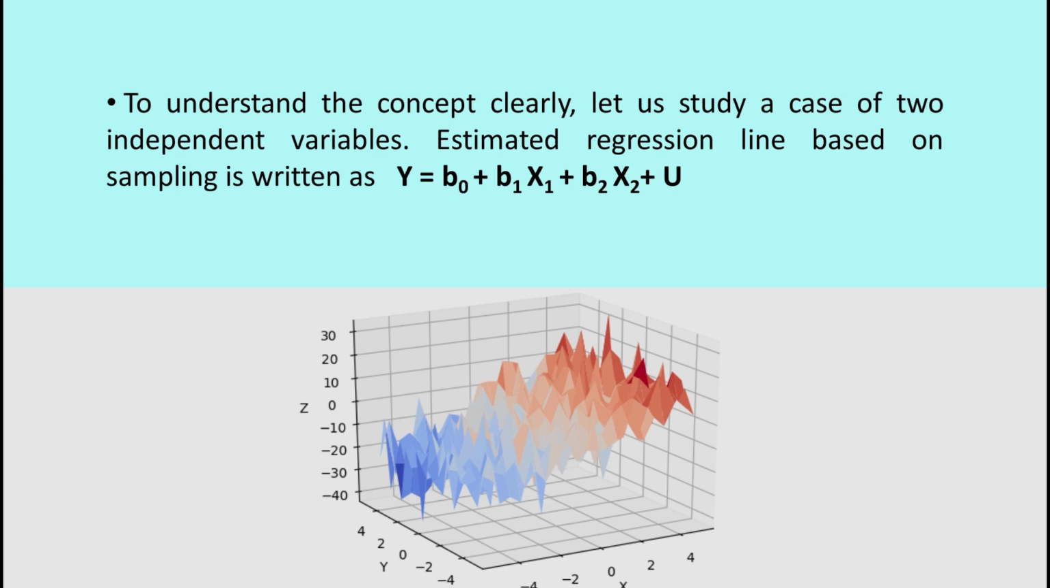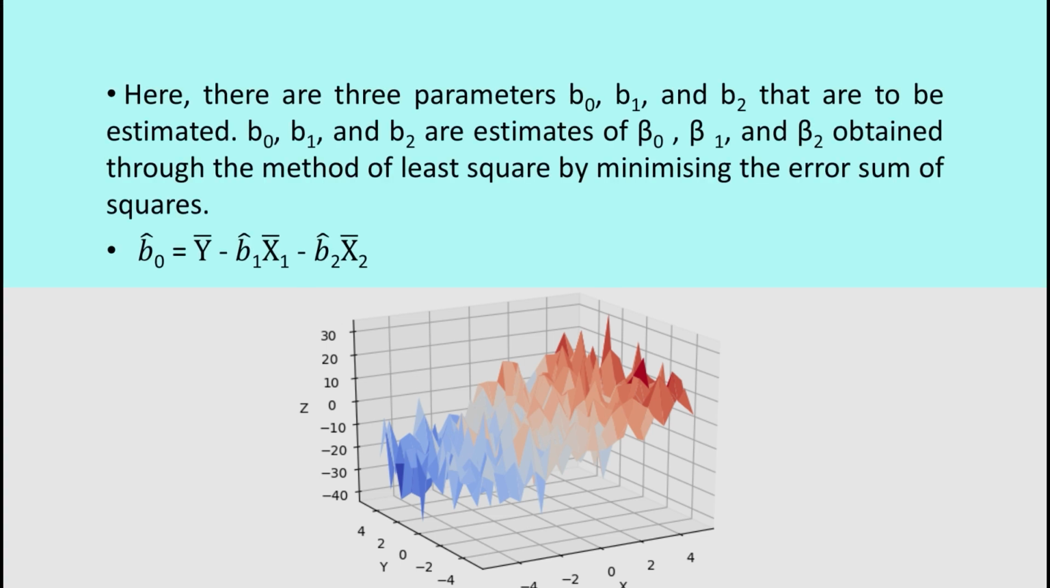The estimated regression line based on sampling can be written as y is equal to b0 plus b1 x1 plus b2 x2 plus u. Here there are three parameters, b0, b1 and b2, that are to be estimated. b0, b1 and b2 are estimates of beta 0, beta 1 and beta 2 obtained through the method of least squares by minimizing the error sum of squares, and